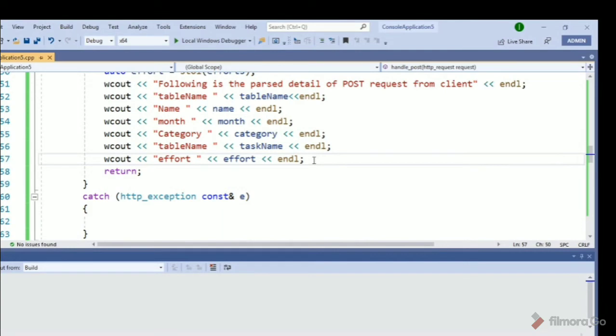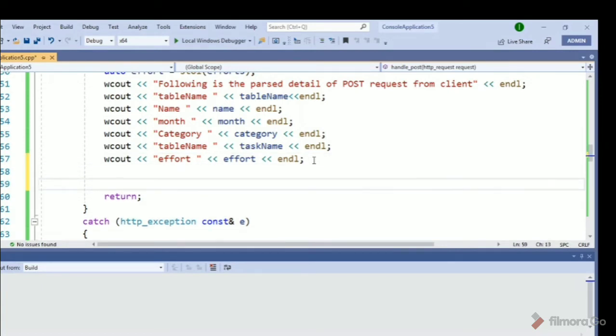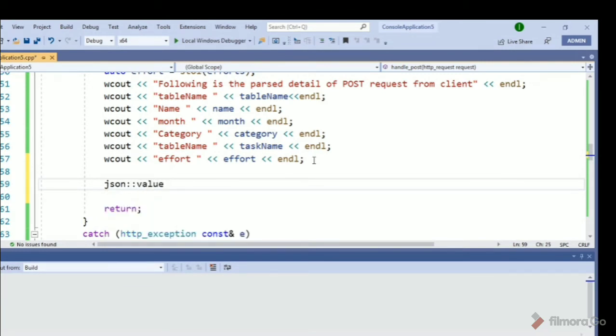So we will do that, and later on I will let you know how we can use MySQL to save this request inside the MySQL database. So the database part will be seen in our next lecture. So let's quickly reply back to our server that we have received this information. For that I will use JSON value and then a JSON response variable.